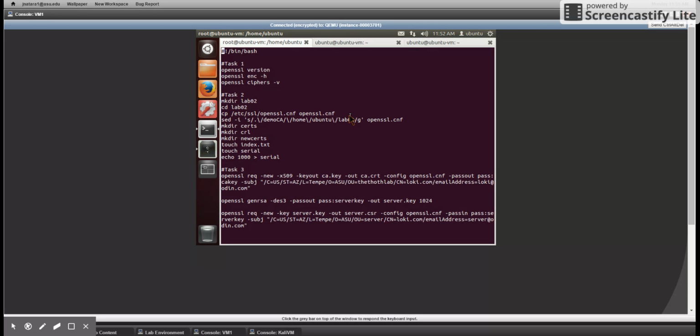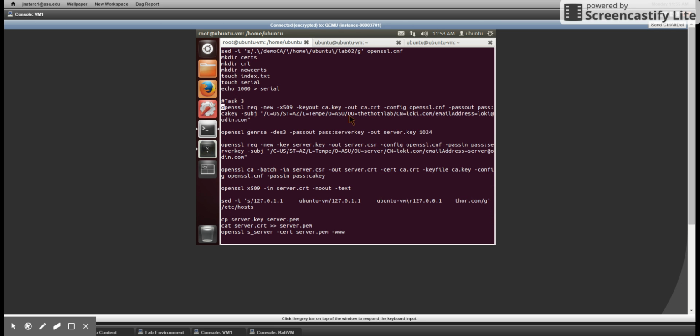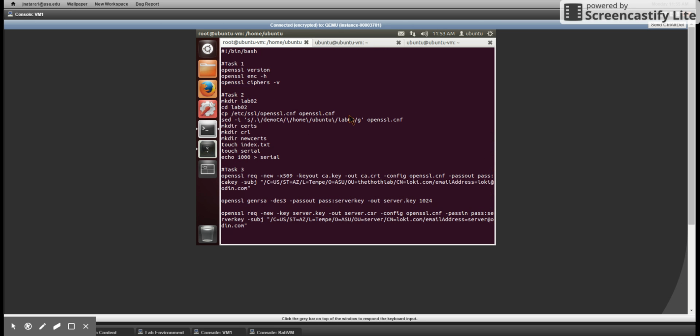For these tasks, I've prepared a script that has all the commands, and it's basically just task 1, task 2, 3, and 4. In task 1, it's pretty much straightforward, just getting the version, then the types of ciphers that are supported by the machine. In task 2,